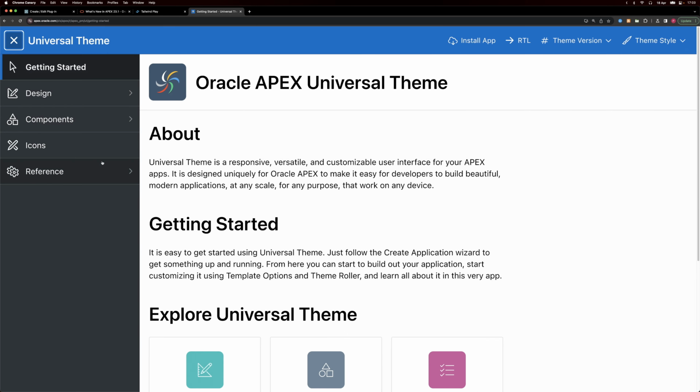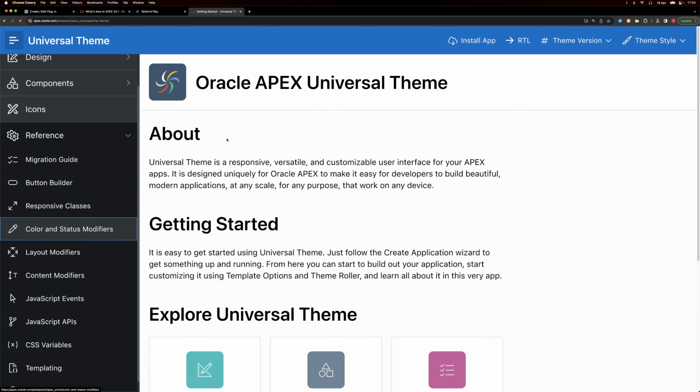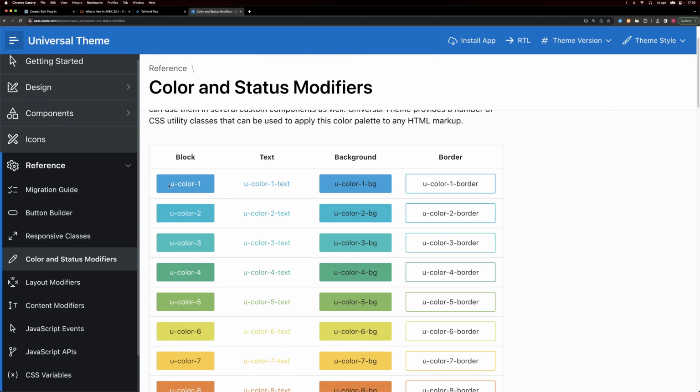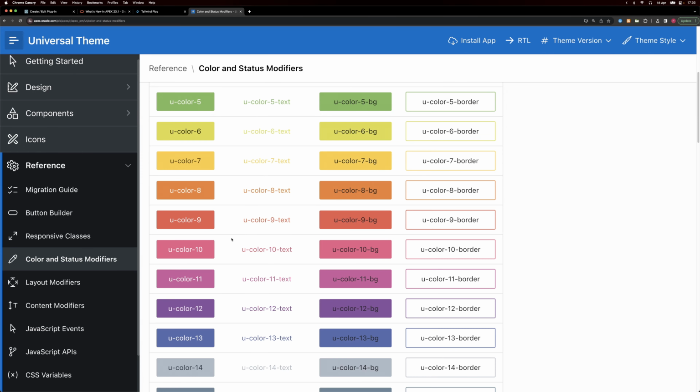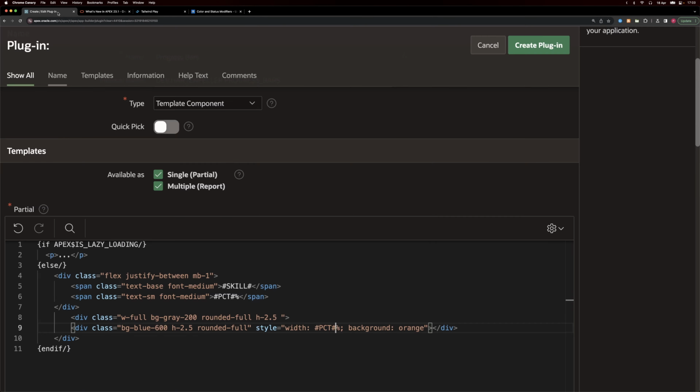We could use the reference color and status modifiers. So they have CSS variables for a lot of colors here. So we could just use that. So instead of going background orange, we can then go with